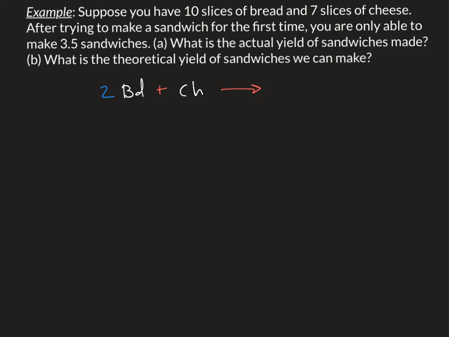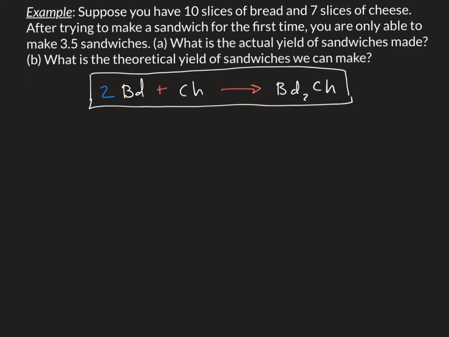2 slices of bread, 1 slice of cheese gives us 1 sandwich, okay? So again, this is our chemical equation for making a sandwich, or our recipe for making a sandwich. 2 slices of bread to every slice of cheese gives us 1 sandwich, okay? Now, the problem above gives us 10 slices of bread and 7